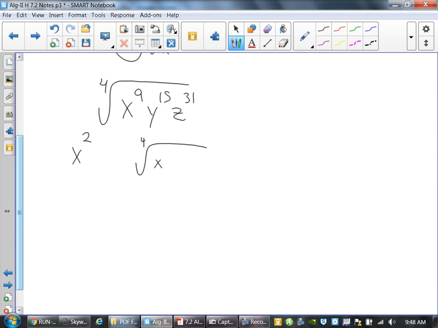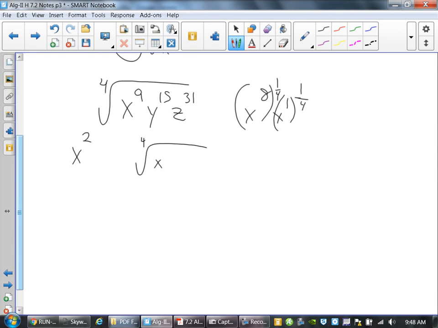Notice I'm leaving a little bit of space, because that way I'm going to go pull things in and out here. Wait, why is the exponent 2? Because what this can be rewritten as is x to the 8th, x to the 1st. And if you do this with the exponent,